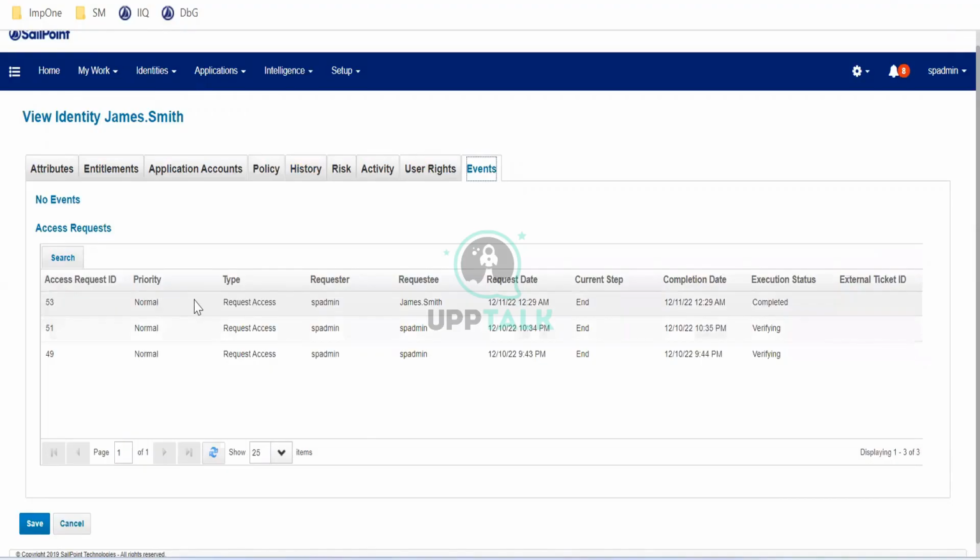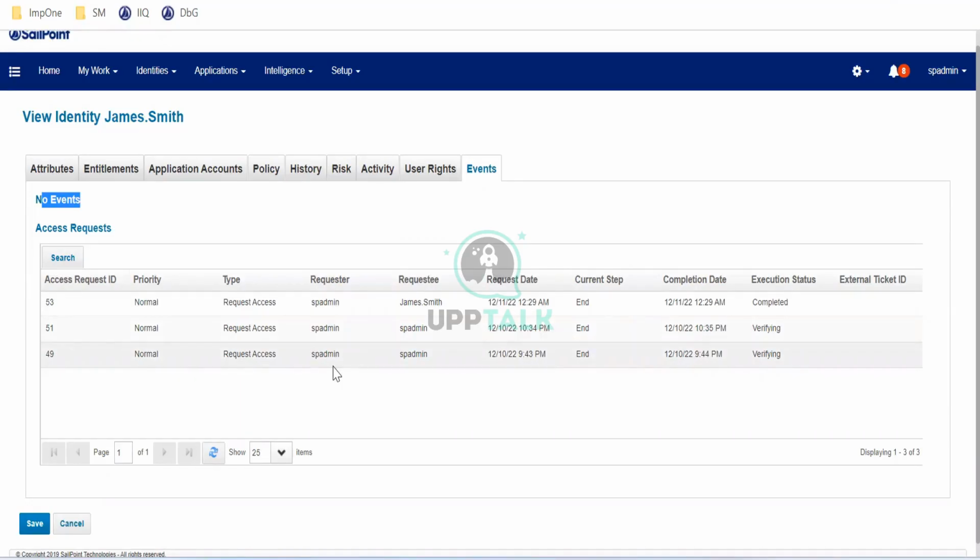Whenever LCM, life cycle management, joiner mover leaver, is going to get triggered, it will be shown over here. Only the events. Only they are going to validate each and every one. Because in the initial days I used to compile all the things from this events tab, only related to access, related to removal, anything. We will match from this page. But this tab doesn't look very much updated right now.